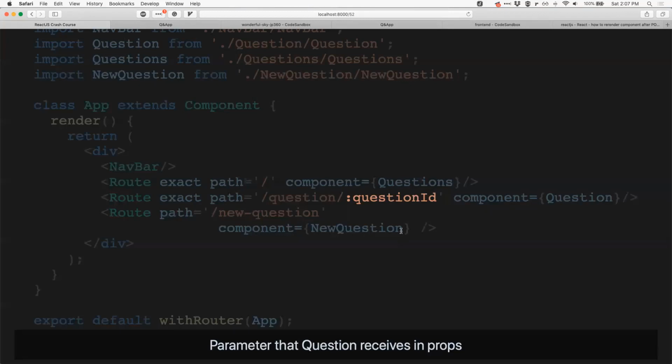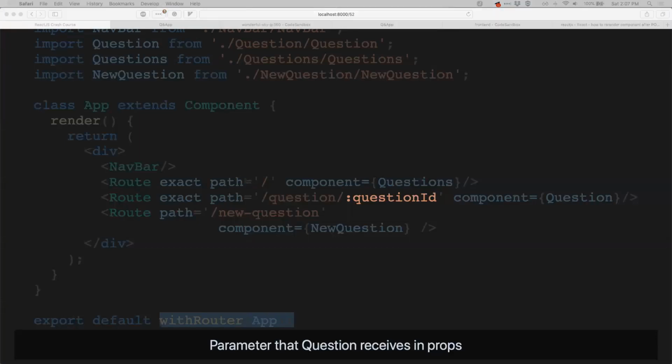To add on a little to that, if you look at this slide that Raynold is on, at the bottom you can see that you are exporting this app component with a withRouter. What withRouter does, you can just accept that it magically tells the rest of the app how to deal with these three route components that you have declared, like route, exact path slash, exact path question, question ID, new question, etc. So with this wrapping,